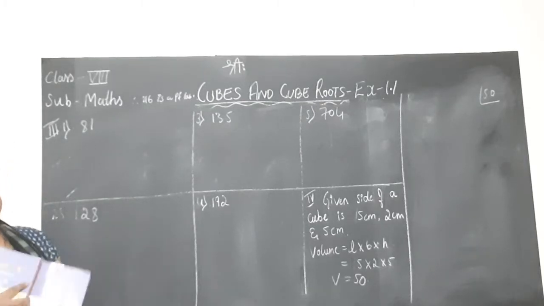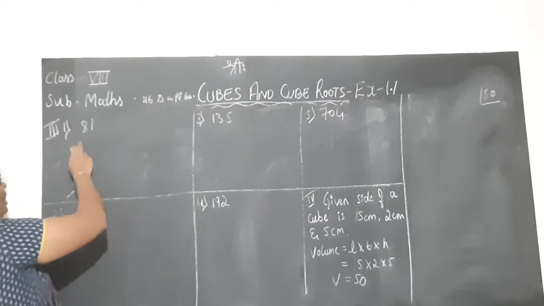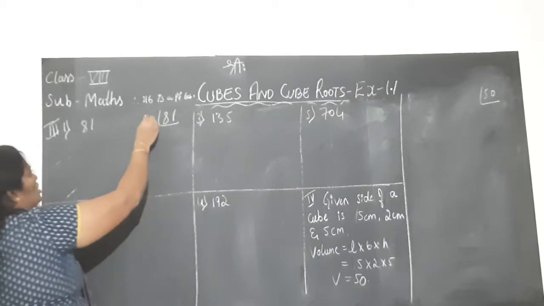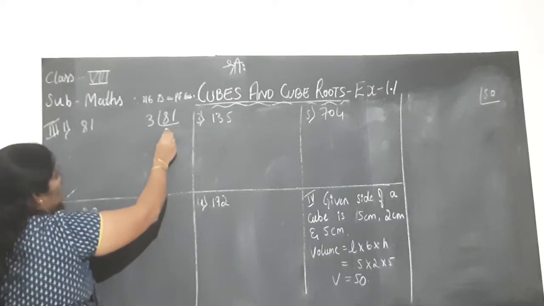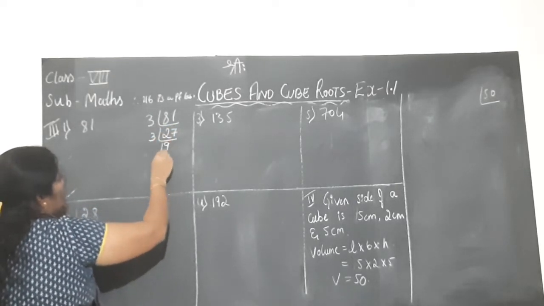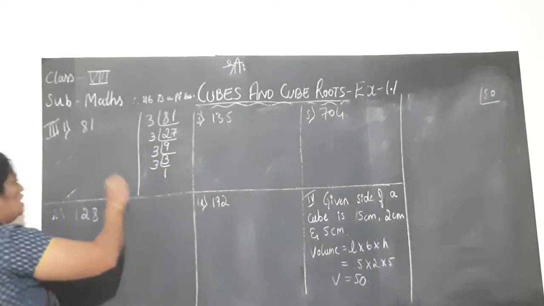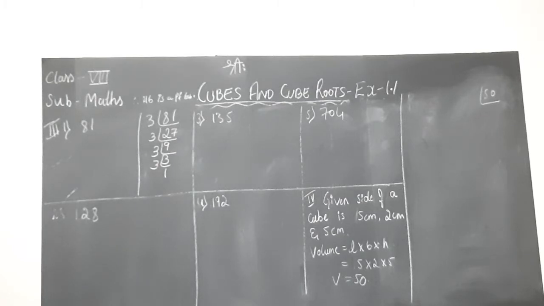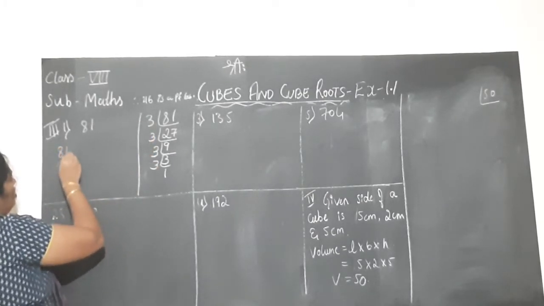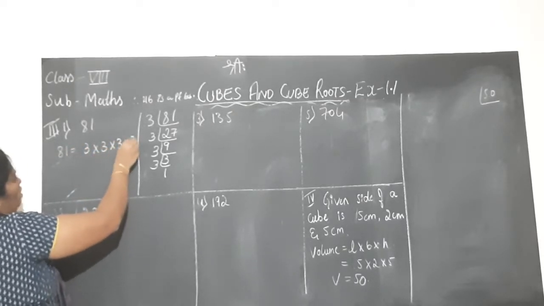Again we are going with prime factorization method, children. So first question is 81. If I go with prime factorization method for 81, the factors I get are: 3 2s are 6, 3 7s are 21, 3 9s are 27, 3 3s are 9, 3 1s are 3. So in the rough working column, you should do this. Now 1, 2, 3, 4, 4 times 3 I got.